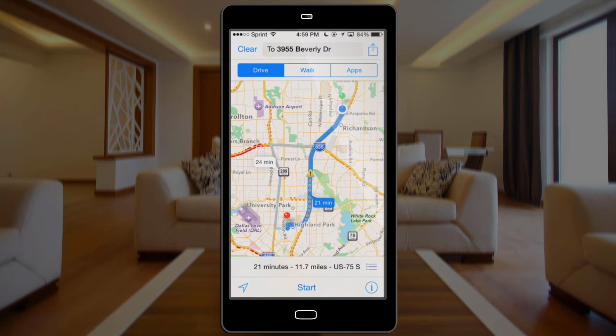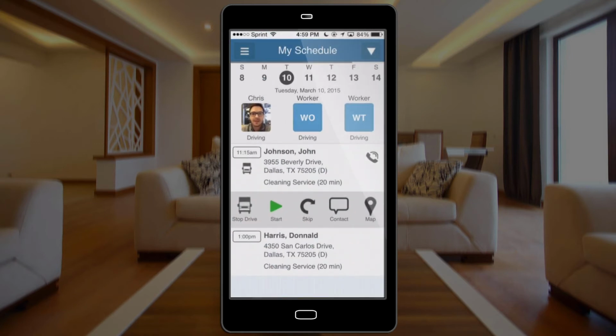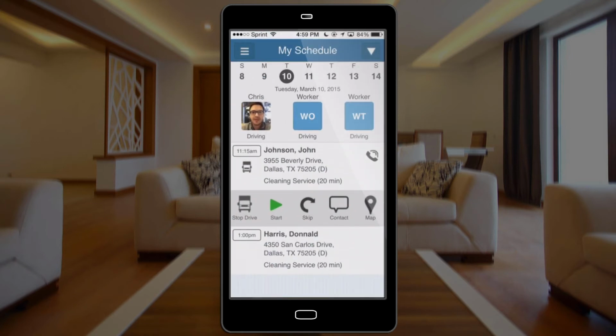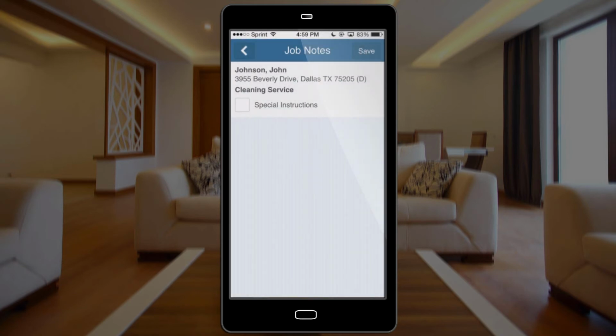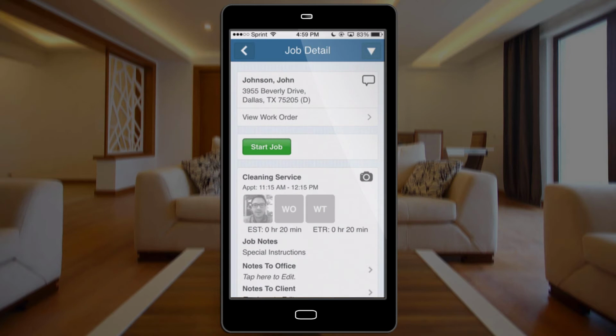Once we arrive on the property, we'll go back into the app and we'll click on John's name. As soon as I click on his name, it indicates that there are unviewed job notes. These would have been notes that the scheduler or maybe even the estimator had attached to this job early on in the process, when this person first became a customer. So I'm going to click yes here, and it's going to show me any special instructions that as the crew leader I would need to see. So I'll mark that I've seen them by checking the box and clicking save,